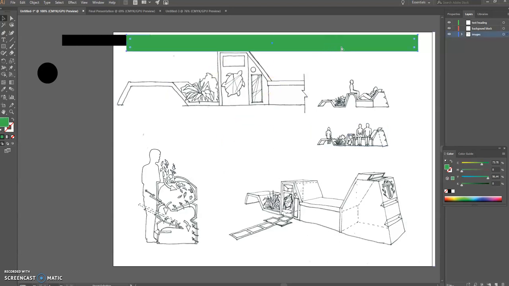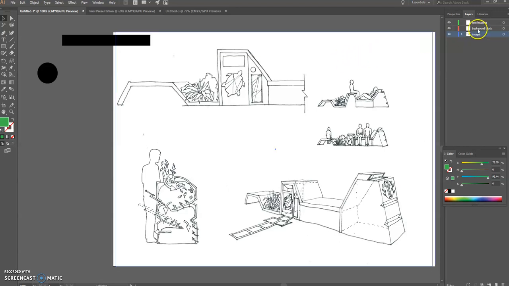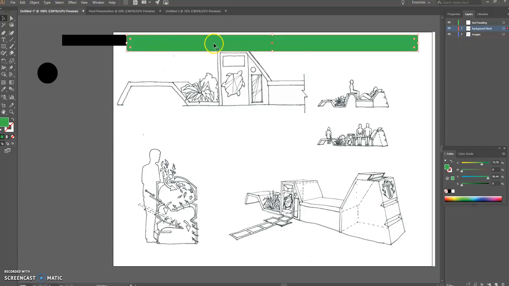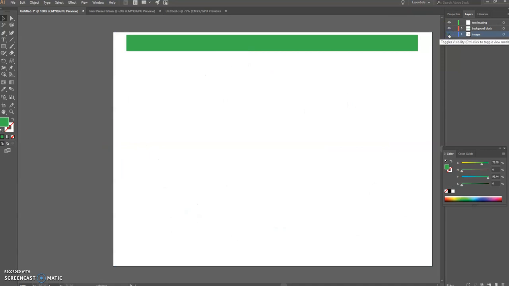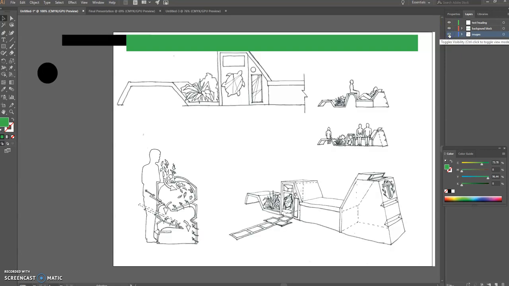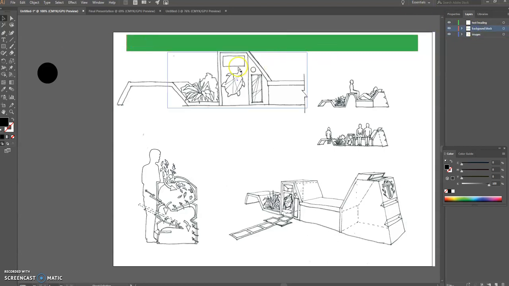So this one here, I'm going to Control C, which is copy, or I could Control X to cut. Select the layer that I want to place that on, and then Control Shift V. Control V is paste, Control Shift V is paste in the same place where you cut it from. So now, when I turn off the images, you can just see these 2 layers are on and that one's off. I might choose to, if I go Control X and then paste this into here,